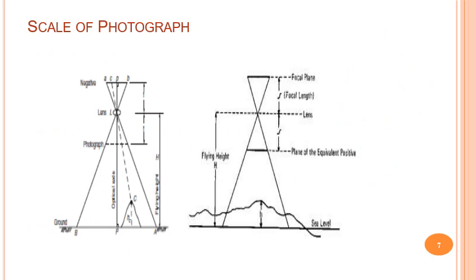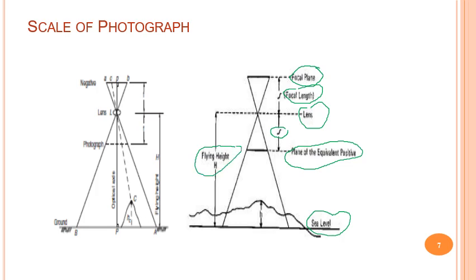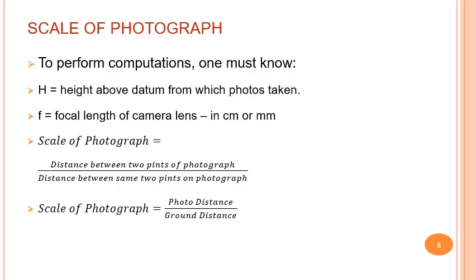Scale of photographs. These are some parameters required to obtain the scale of a photograph. This is the focal plane, this is the focal length, this is the lens, and the focal length is denoted by small f. Then the plane of the equidistant position, this is the sea level, and this is called the flying height H. Then, scale of photograph: to perform computations, one must know capital H, which is equal to the height above the datum